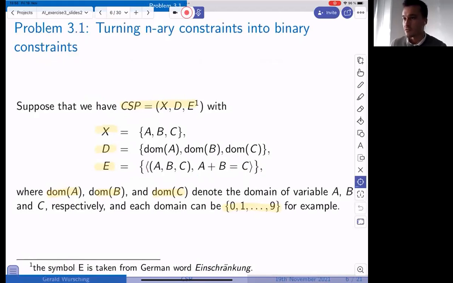Okay, somebody asked, what is a constraint hypergraph? A constraint hypergraph is basically just a visualization of what we see here on this slide. We visualize the variables and the constraints, and we show what's written here in a graph way, which is in most cases simpler to read for us than if we describe it just as variables. Somebody asked, what are X, D, and E again? X are the variables, D are the domains of those variables, and E are the constraints in our problem. This is what I showed on the first slide of the recap.